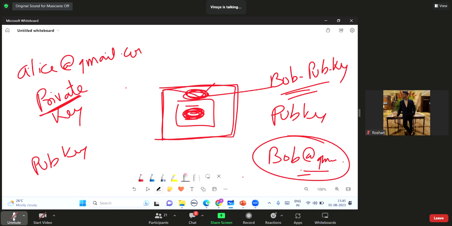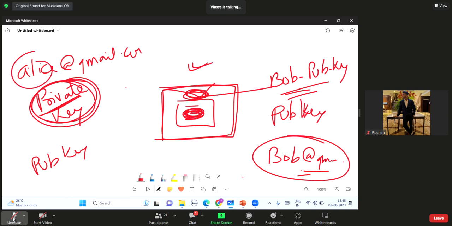If that envelope got opened using Alice's public key, it must have been locked using Alice's private key. And who is the person in the entire world holding that private key? It is Alice only. Nobody else has that private key.